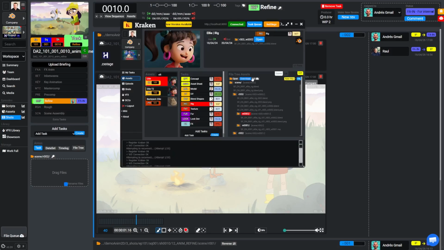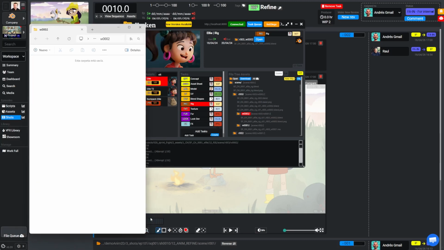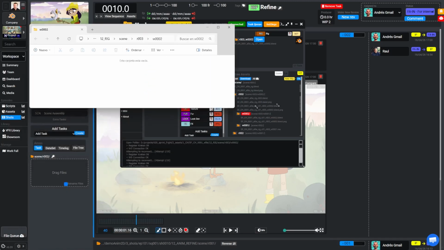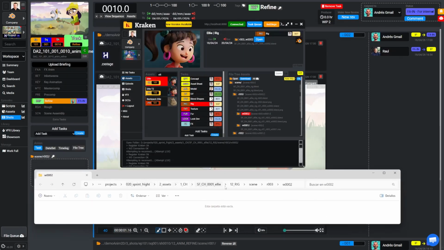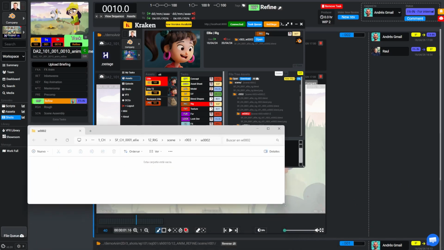When Kraken is asked to open a file, the first thing it does is check if the file exists on the local disk. For example, when we click Open, we are telling Kraken to open the folder where the asset is located. If we check the folder URL, we can see it follows the project naming convention, but it is empty. If Kraken were working inside the project network, this folder would not be empty because the files would already